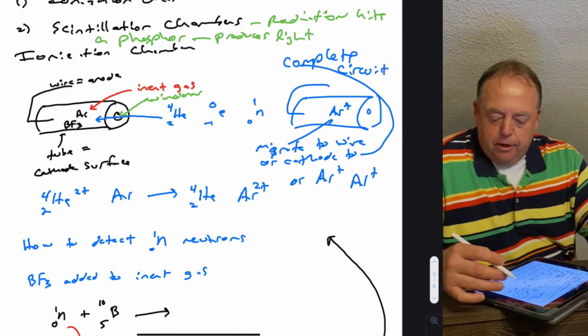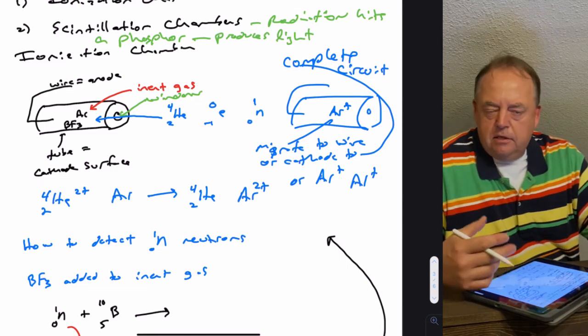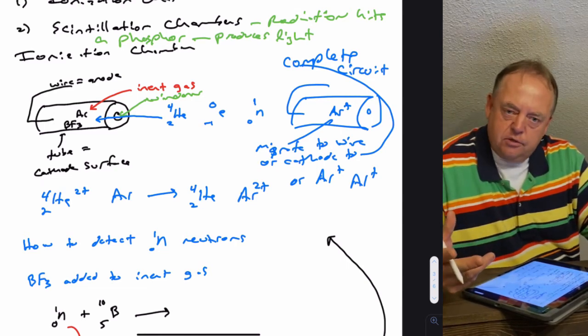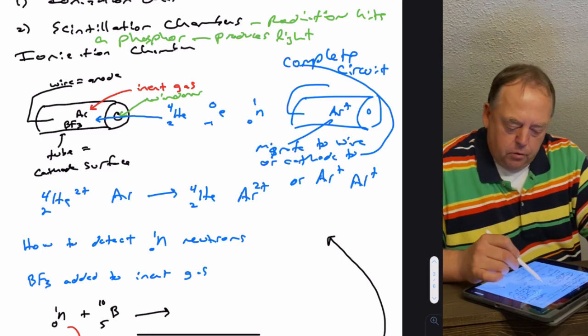So that can then migrate to the cathode or anode surface, and now you've completed the circuit, so now you have an electrical signal, right? Or if a beta particle comes in,